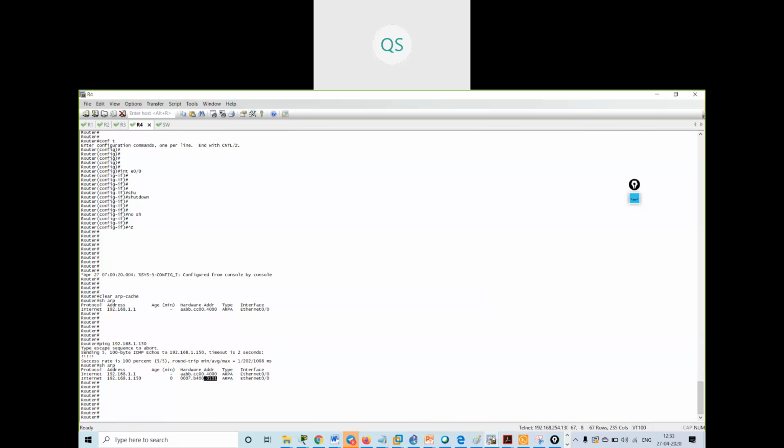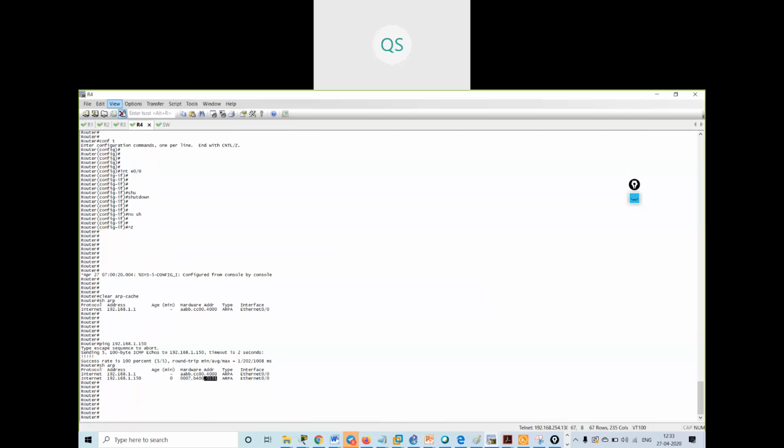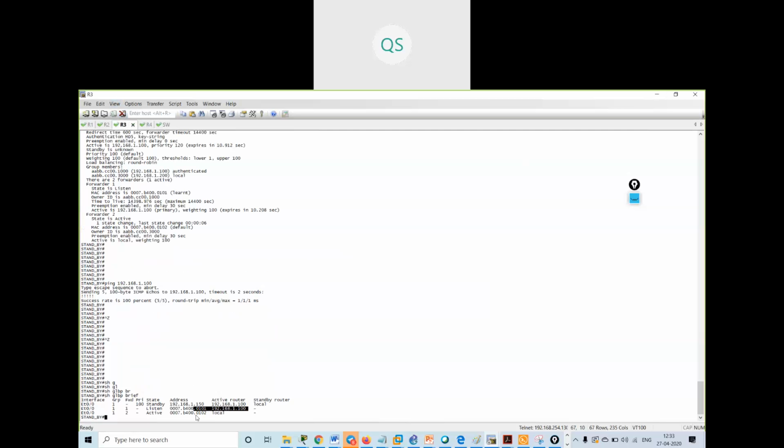And when I send another packet from another client, then it is going from another virtual MAC address, that is of R3. Got it? Understood? See, R3 is having the virtual MAC address as 0102.